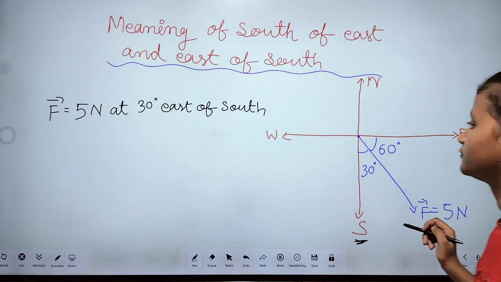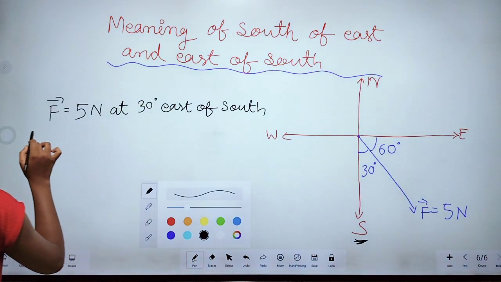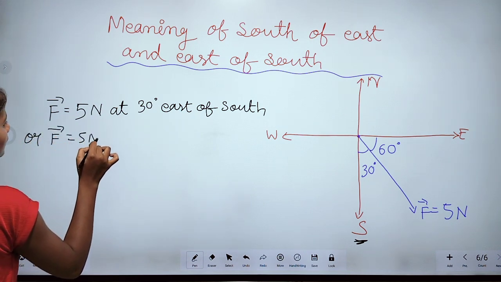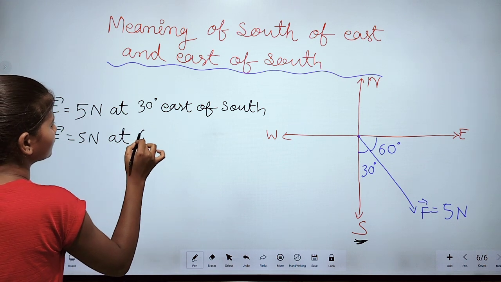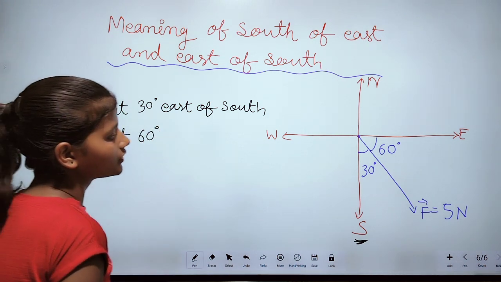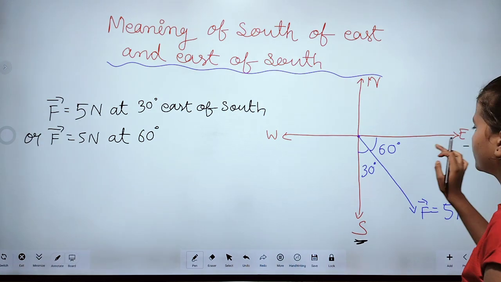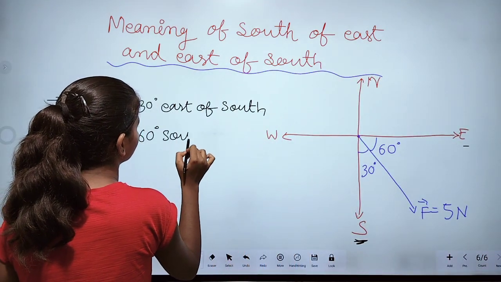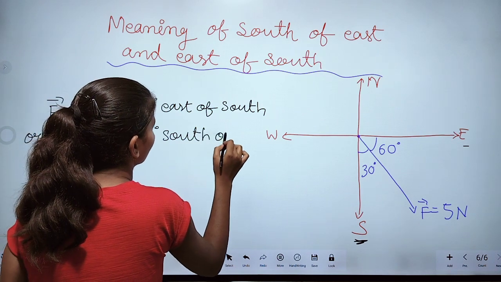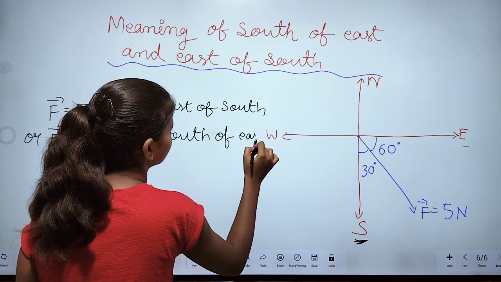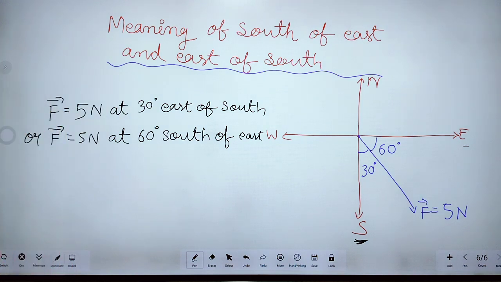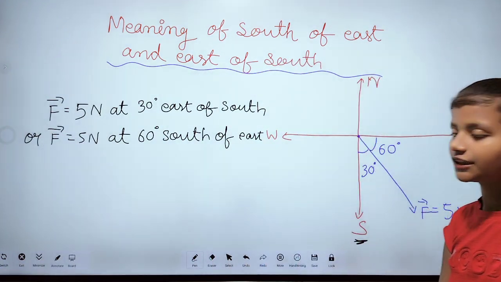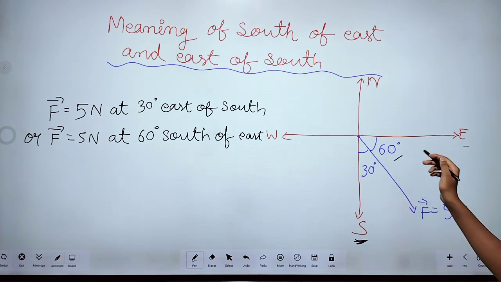Okay, or force is equal to 5 Newton at 60 degree south of east. Okay. Force is equal to 5 Newton at 60 degree south of east. Okay,